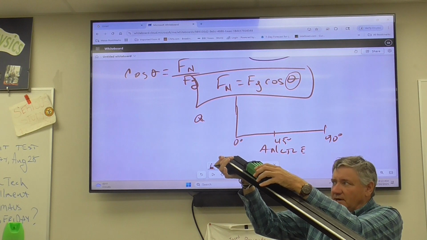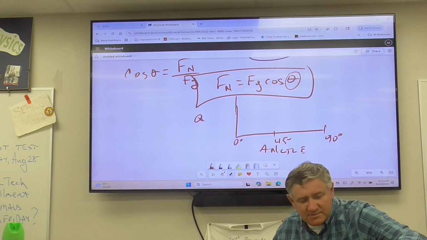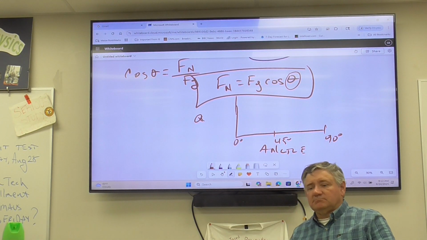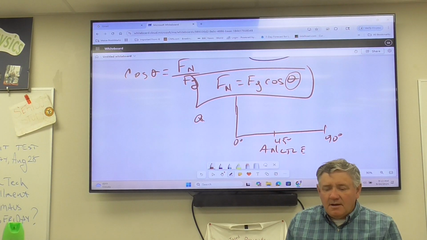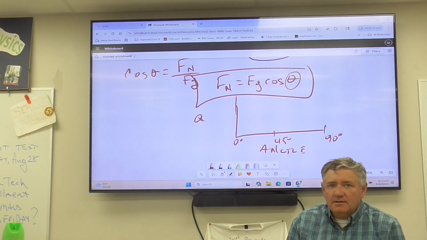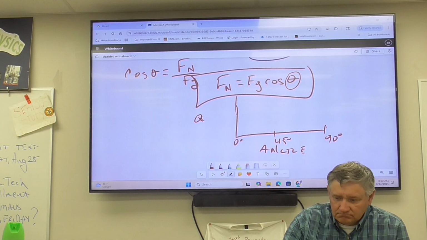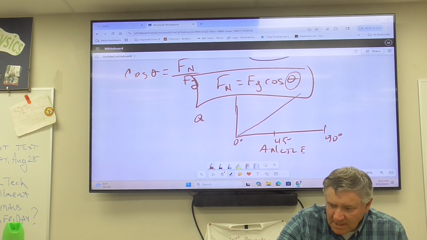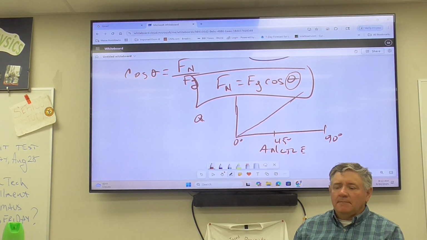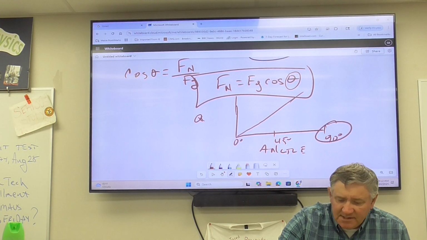So the steeper I go, what happens to the acceleration? Bigger. So what's the graph going to look like? The sloping line up. It's a straight line. Something like this, okay? Now, if I go to 90 degrees,